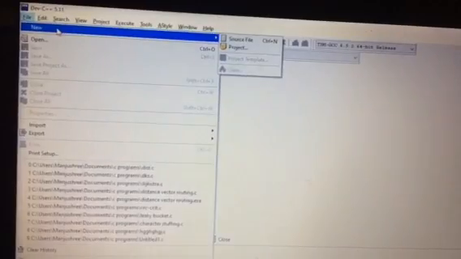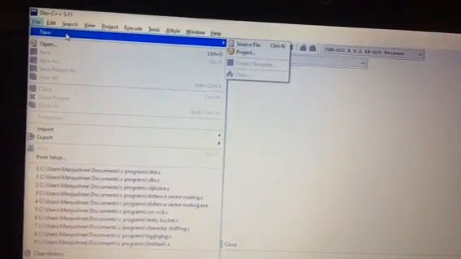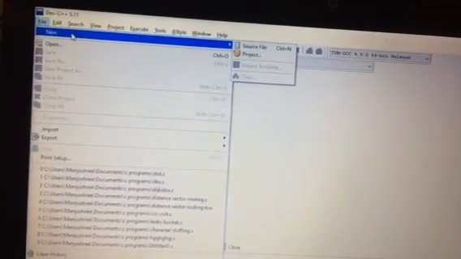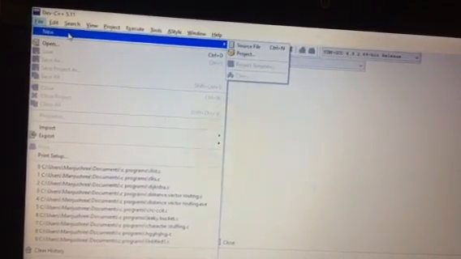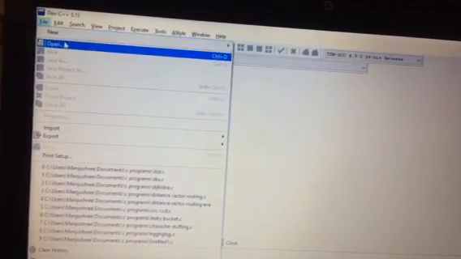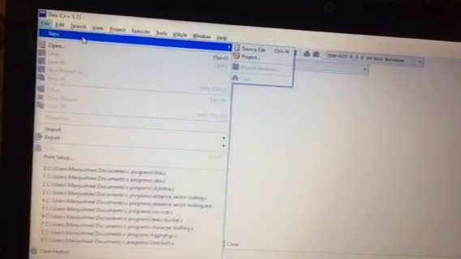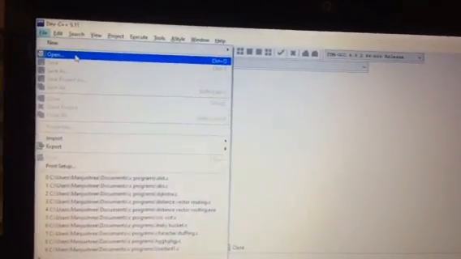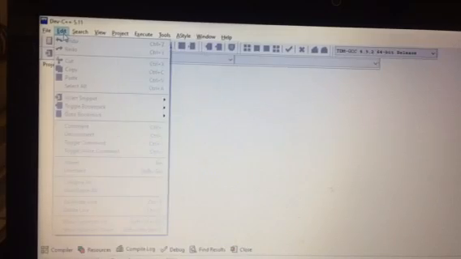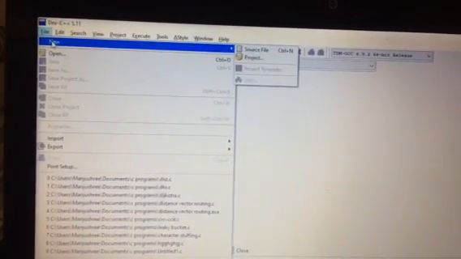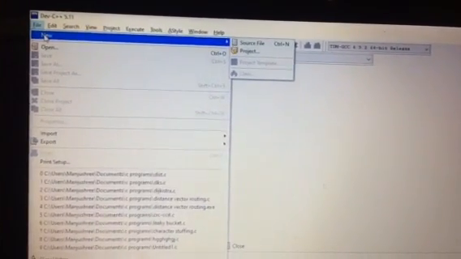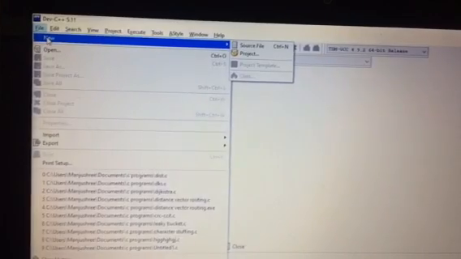And save the file in any of the folders with a .c extension. I have already typed and kept my program. I am going to open that file. Instead of creating a new file, I'll go to Open File. So understand, when you have to create a new file, you have to go to File, to New, to Source File and save the file with a .c extension.